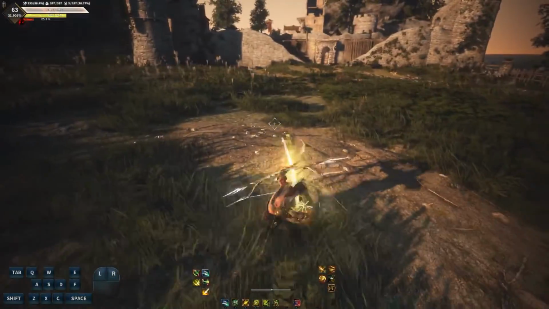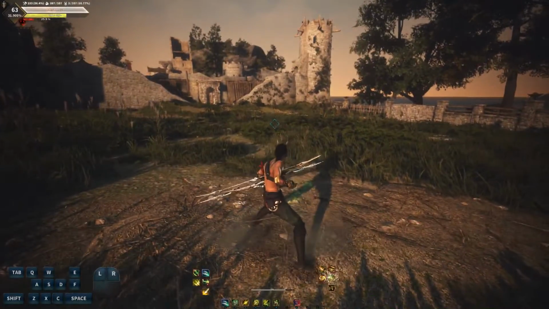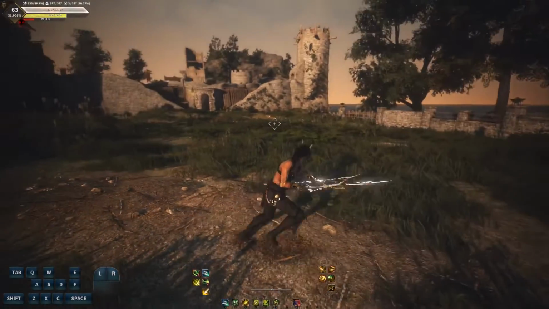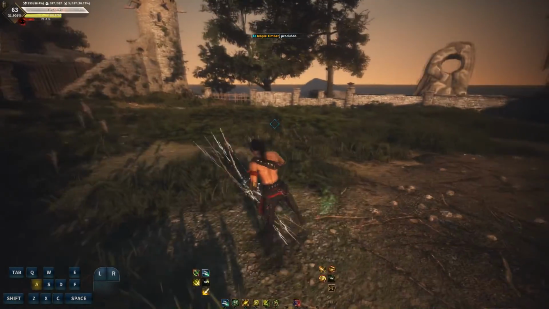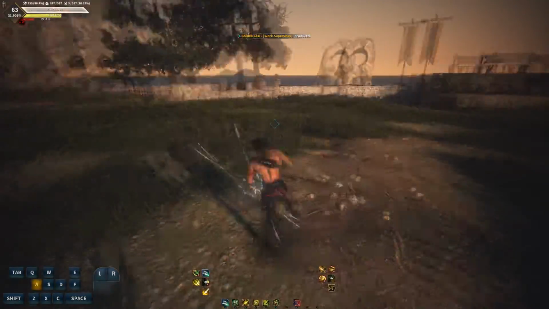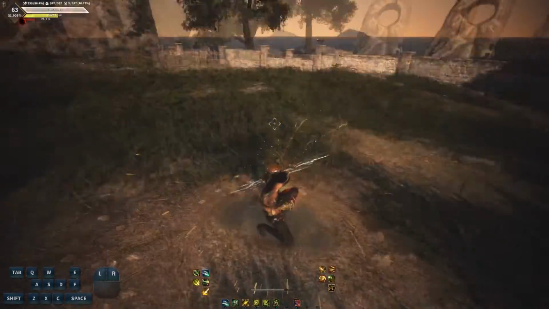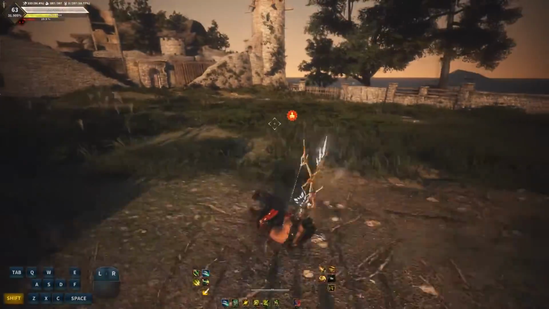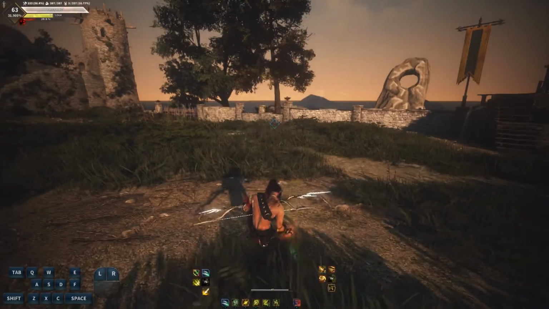So you can't do it when you are rolling. The animation has to end, and then your Archer shoots, and now you can cancel it with the gun. It looks something like this, and then into the guns. Okay, so you can't do it mid roll. You can't do it when you're doing the roll animation. So it's only after the arrow has gone out, then you can cancel it into the guns.